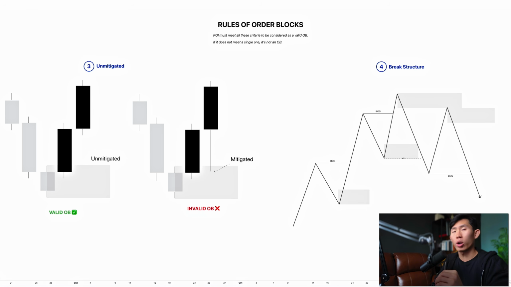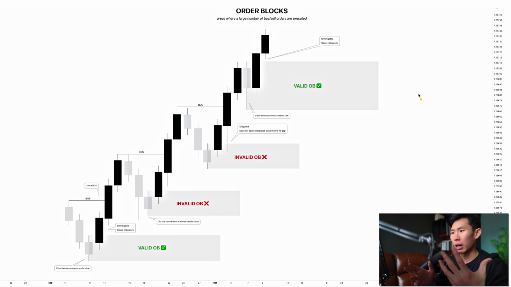You must ensure that the point of interest or the zone meets all 4 of these criteria for it to actually be considered a real order block. If it does not meet a single one of them, it is not an order block. It could just be a supply and demand zone or just an ordinary zone that is not going to work. So now let's apply what we have learned and really learn how to differentiate between valid order blocks and